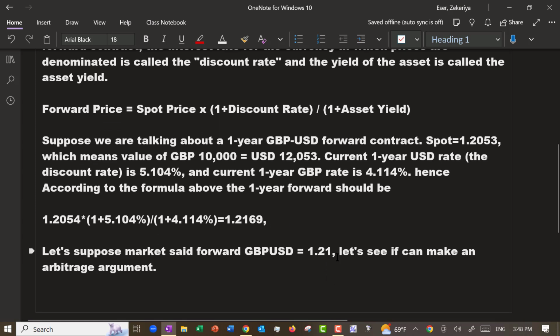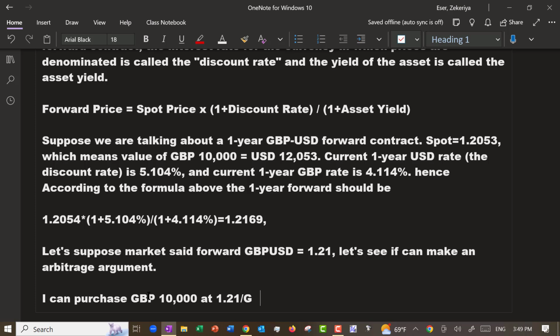I can purchase pounds forward at 121. Let me make it 10,000 pounds at 121 per pound, which means by paying